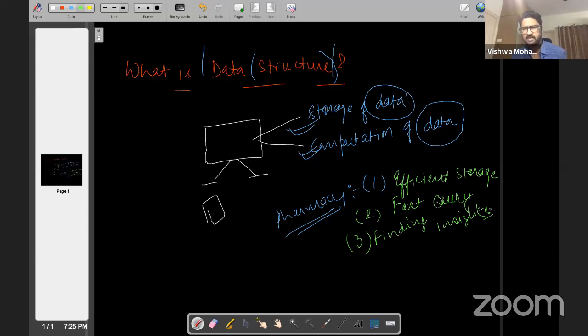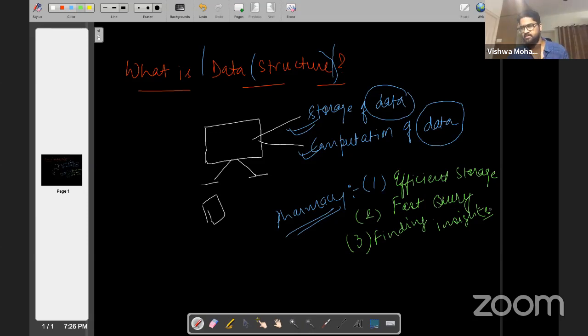At the core of playing with this data, whether you are a simple software developer, you're working on complex scalable systems, or you're a big data engineer or an AI machine learning engineer, at the core of everything is data. You need to know how to efficiently store it, and how to do the computation on it. So if you really want to do justice to your work and achieve some considerable work, I think data structures are a must. You cannot ignore this in your profile.